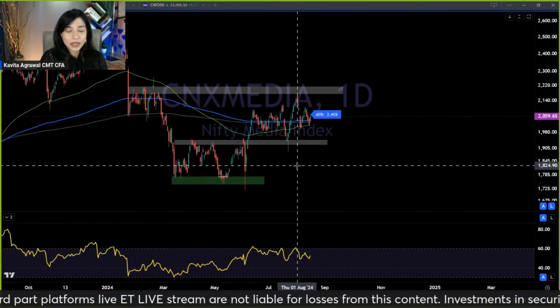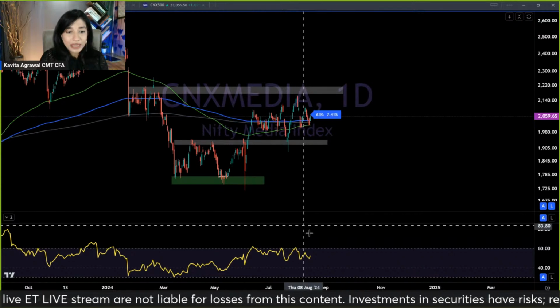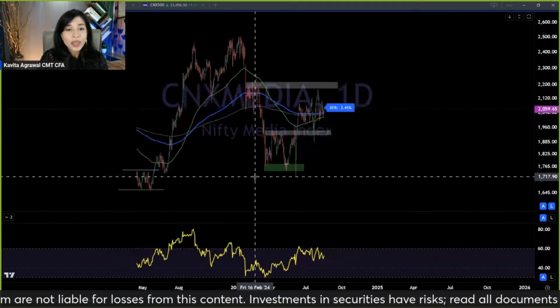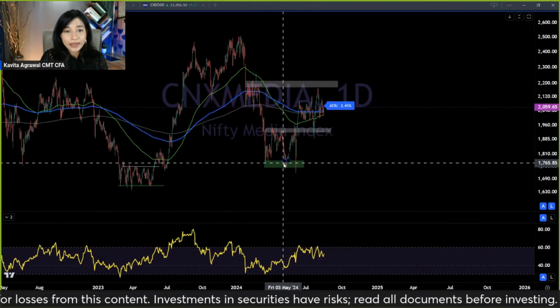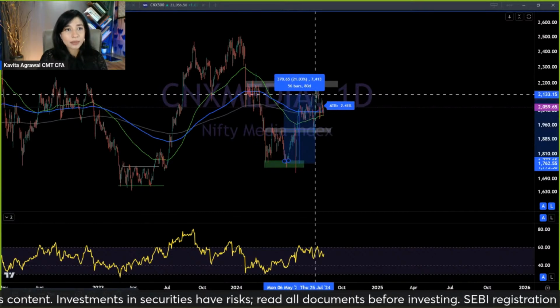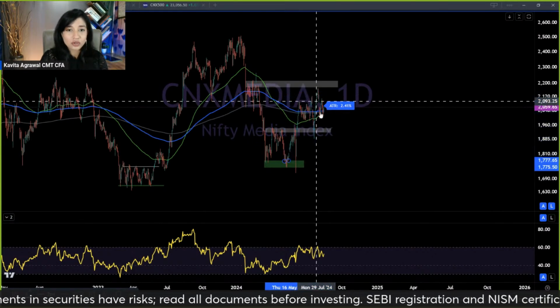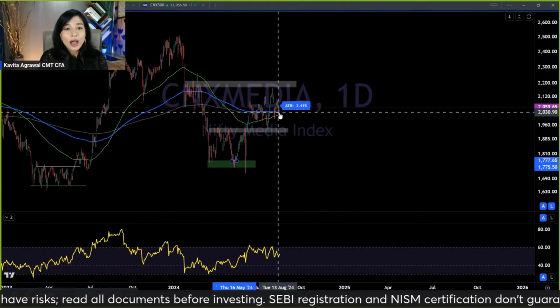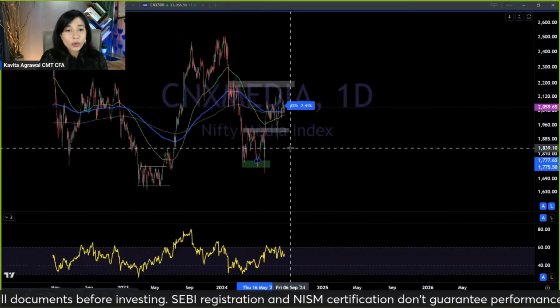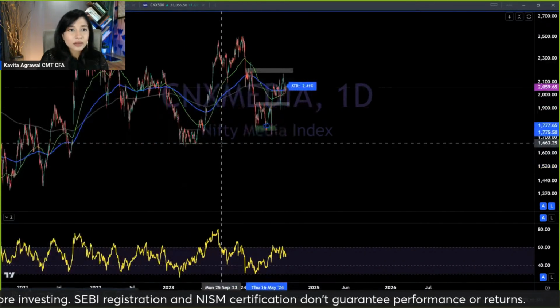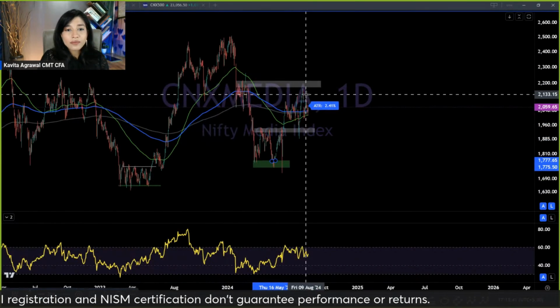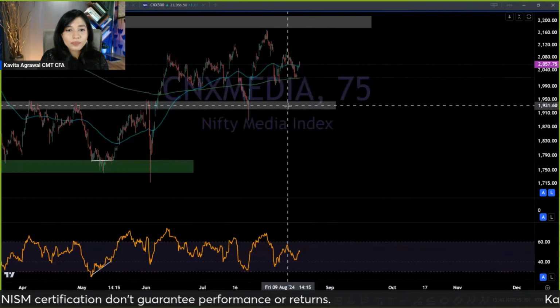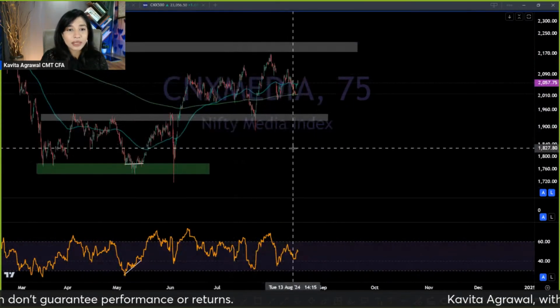Next, coming to the media stocks. Now, what I'm seeing on the media sector is it has created a bottom, and we've played some media bets in the last 2 months, 3 months, right? And I believe that this rally is going to continue. Media sector is very, very cyclical. So I think once this consolidation gets over, I would expect the rally in the media sector to continue.